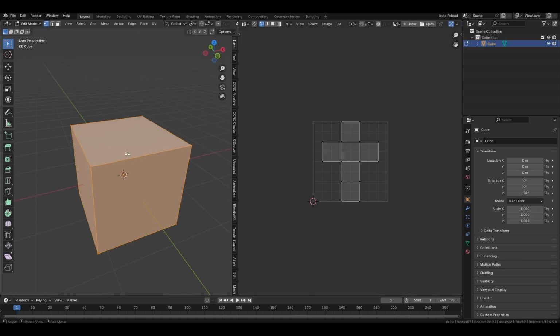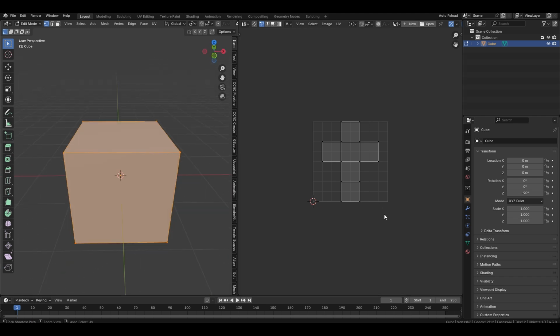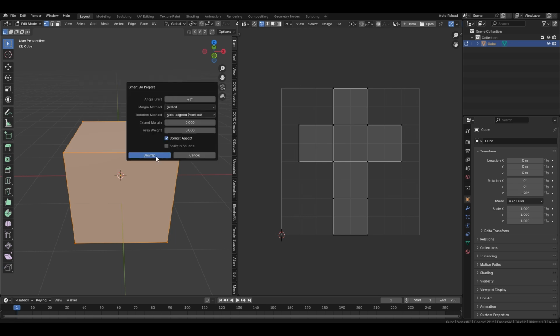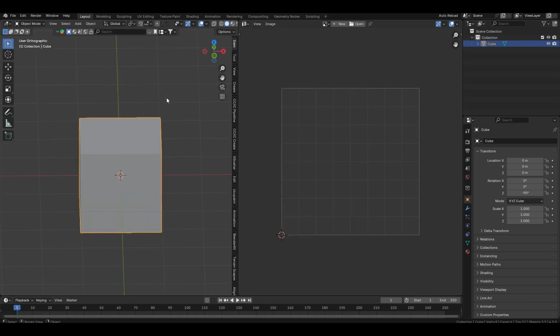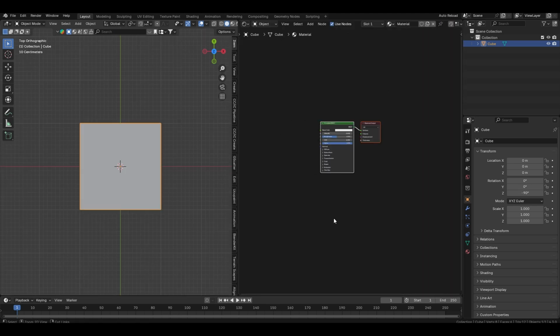So I have a default cube. I'm going into edit mode. Already all the polygons are selected and it is properly UV unwrapped. But once again, I'm going to do it again. Press U, UV unwrap, Smart UV Project. Yeah, it looks fine. Then I'm going into top view, then change this to shader editor, then press Shift A,